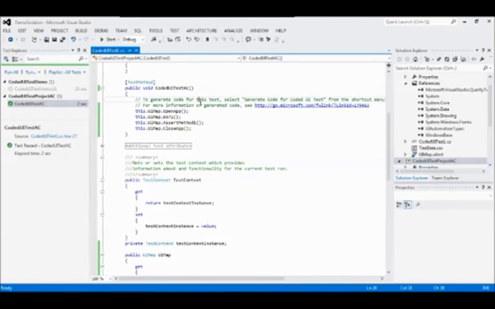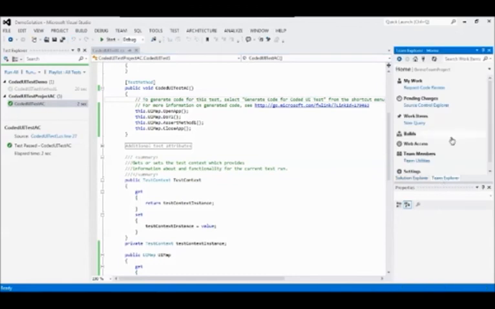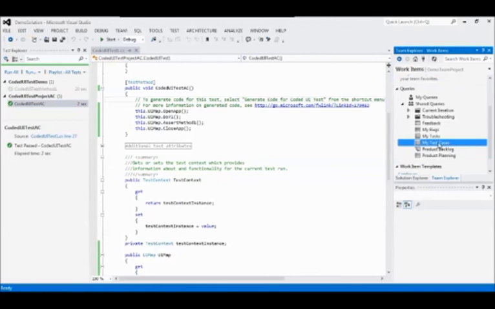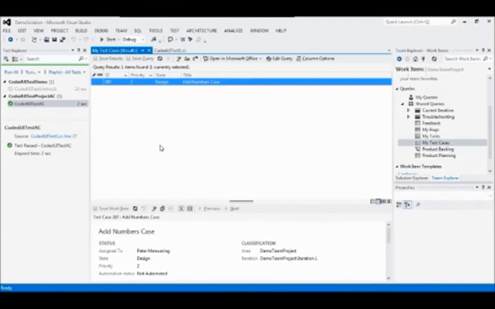So how do you go about associating this coded UI back to the test case within MTM, Microsoft Test Manager? Well, if I go here to my Team Explorer and look in my work items, I can see I've got my test cases query already set up, so I can open that. And this is the test case from MTM where I made the action recording from. I took it from to create a